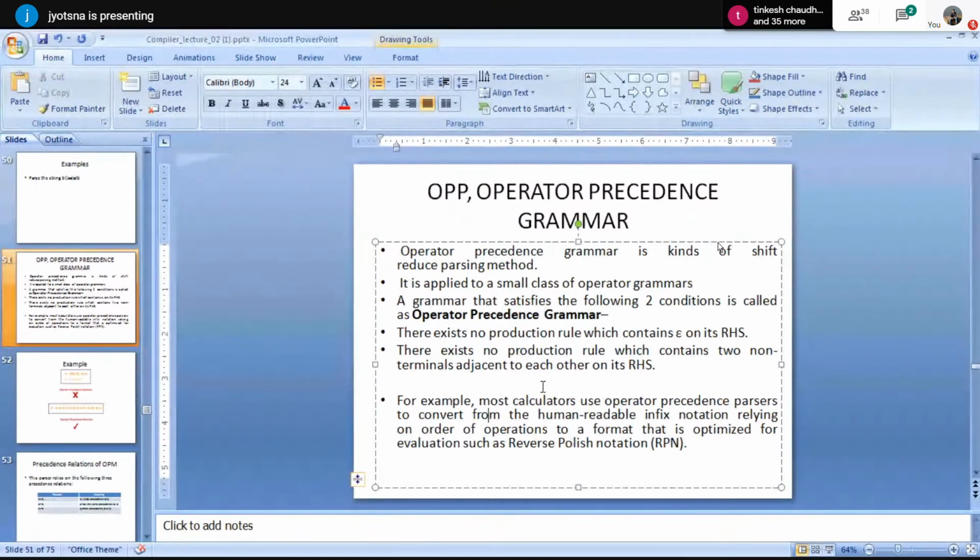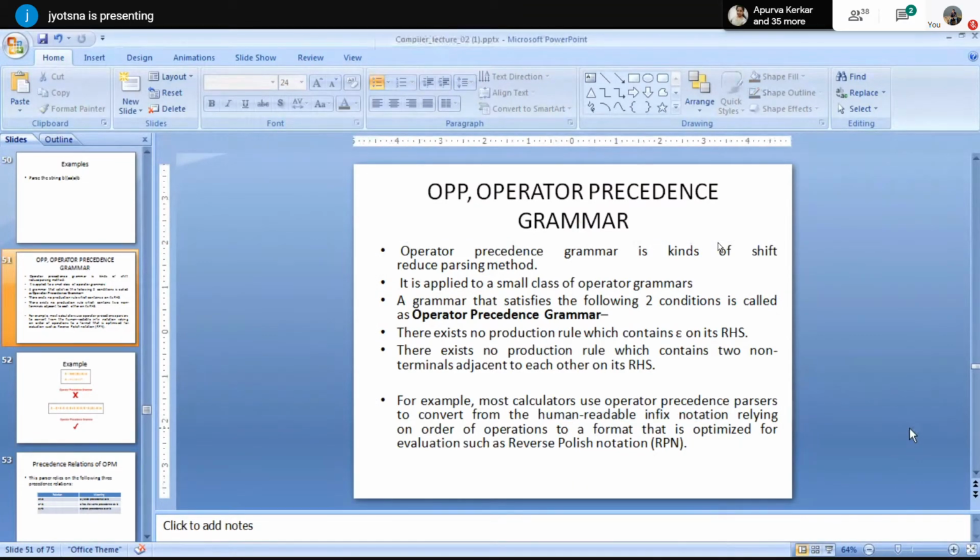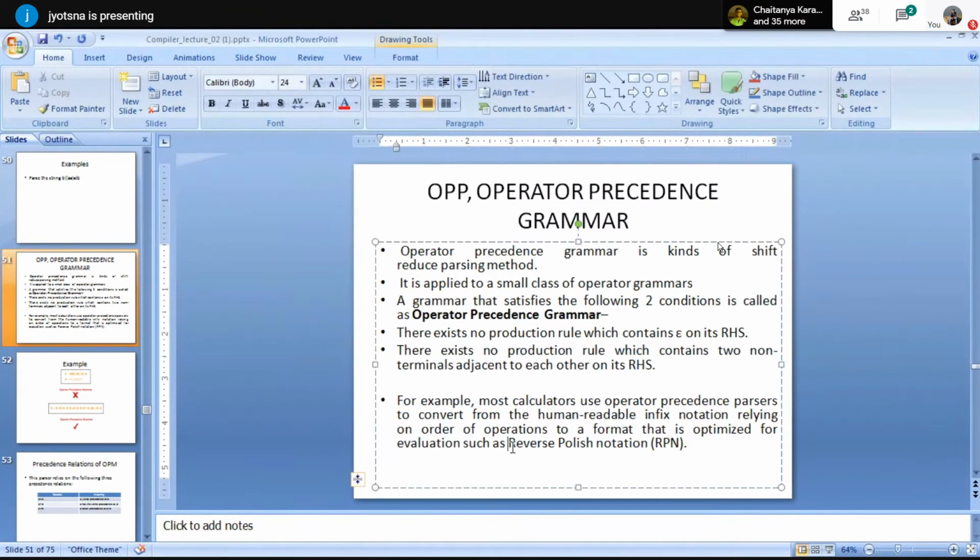Last lecture I told you operator precedence parser is basically used in your day-to-day life, which you most of the time use in calculators. So an operator precedence parser is implemented in your calculator. What is an infix notation? You are writing 1 plus 2 plus 3, which is an infix notation. It will be converted into postfix notation. When we go to the third phase of a compiler, that is the intermediate code representation phase, we will solve problems of converting a string from infix notation to postfix notation. Postfix is also called reverse polish notation. This is how an operator precedence parser is implemented in calculators.